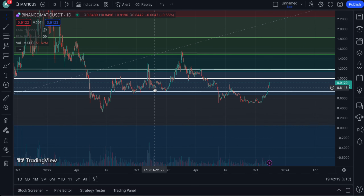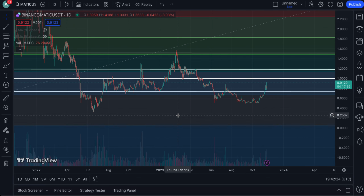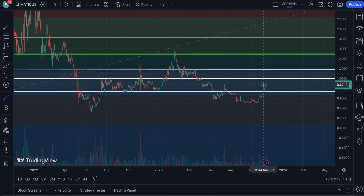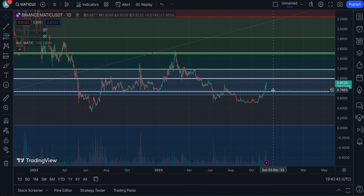So basically Matic is retesting right now some insane resistance marks. So the rally, this green candle that's forming, is just the absolute start. I think we're about to see $1 Matic very soon. If I were to bring out the measuring tool, that's only a 10% increase, and last time we were at $1 was back in May of this year. And if it's able to break out of $1, guys, expect